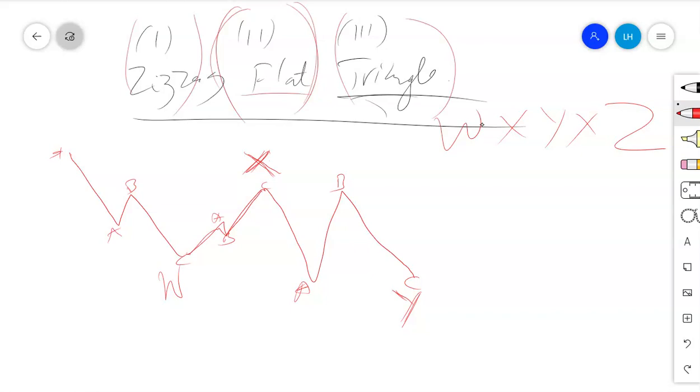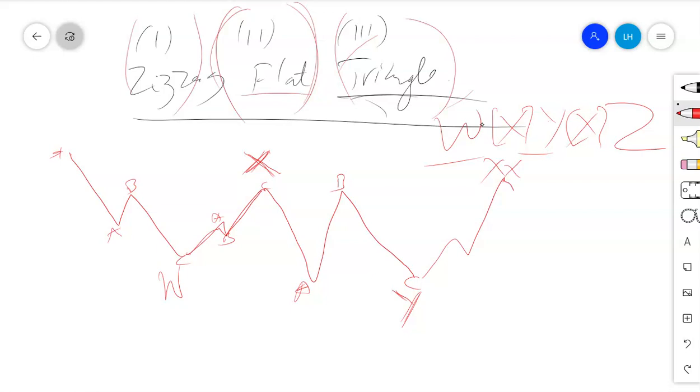Mainly a combination of 3 corrective wave structures, what we call the WX. Now the W, then X, Y, then X, and finally Z. But from what I have presented here, we have what we call the WXY. But if we need to add another corrective structure, we're supposed to have another X somewhere there. Sometimes they name it as XX, and finally we'll have the final corrective structure, maybe a triangle. We'll have the triangle right here.